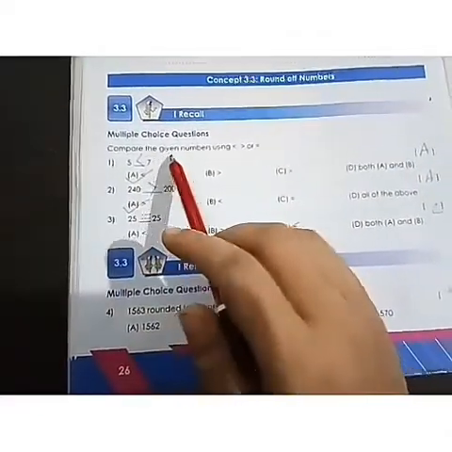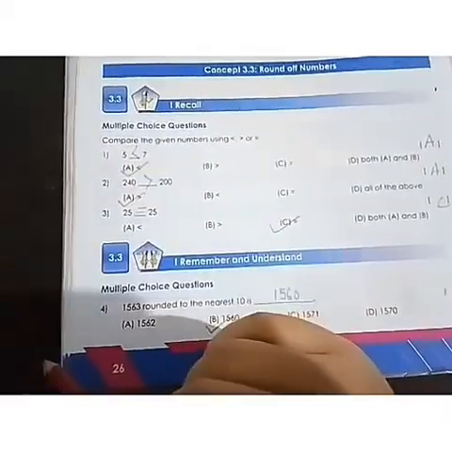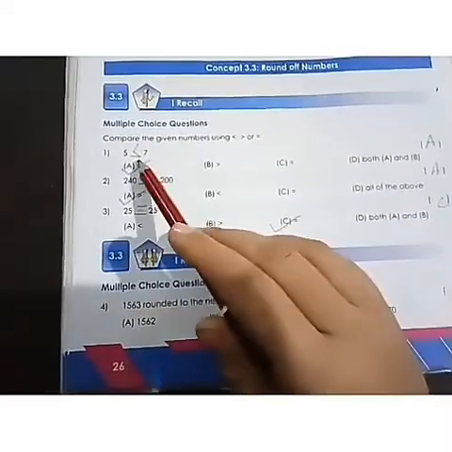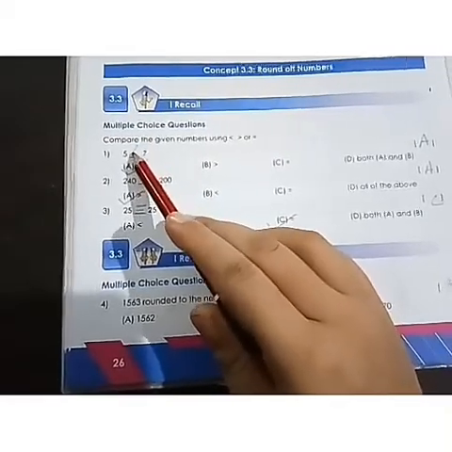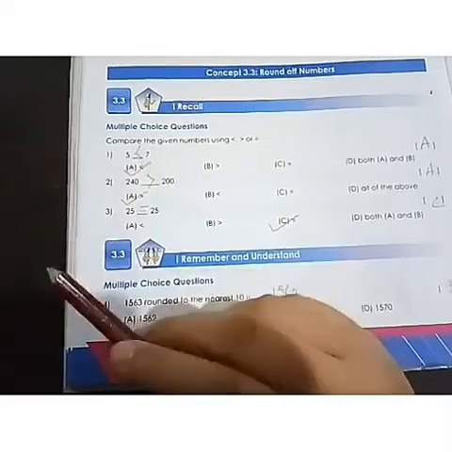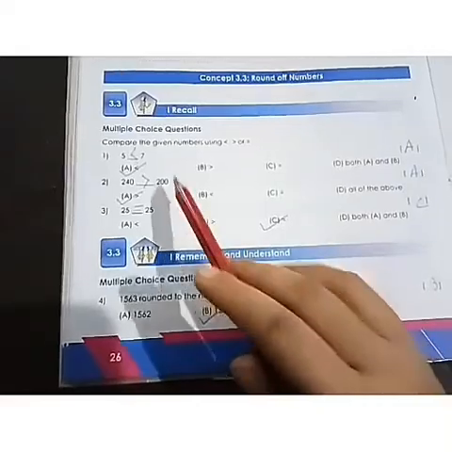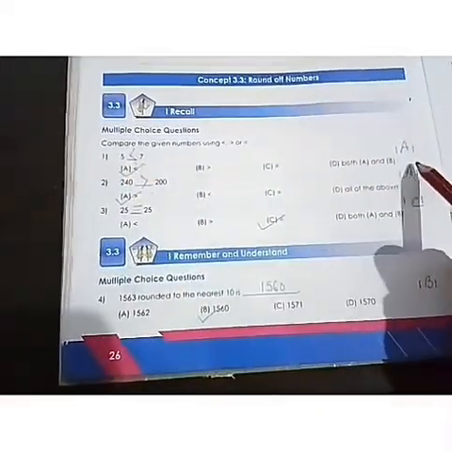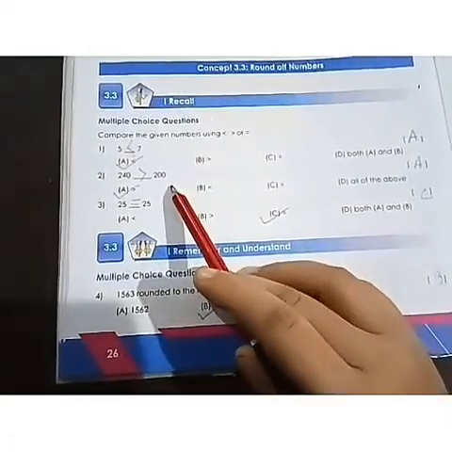The first question is we have to compare and find a greater number here. Out of 5 and 7, which is the greater number? The 7 is the greater number. Okay. So this is the sign. That means the opening of the sign is pointing towards the greater number, and the closing is towards the smaller number. Alright. As we know how to do MCQs, that means multiple choice questions, we have to give a tick mark. In the blank we have to write the answer, and in the bracket we have to write the option. Okay. Similarly, the next question is about comparing.